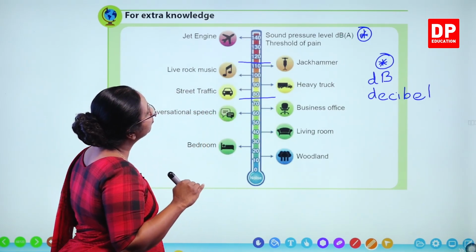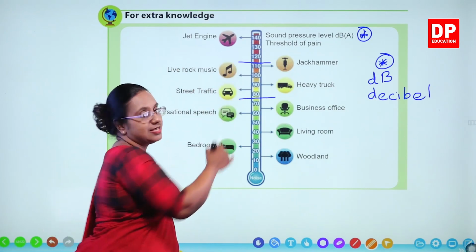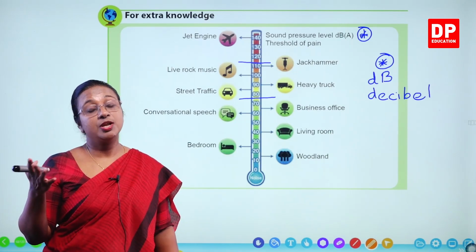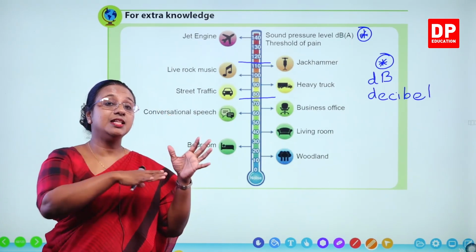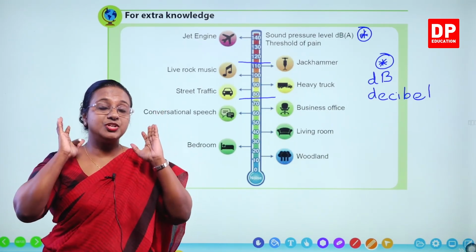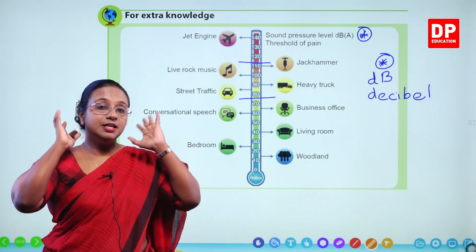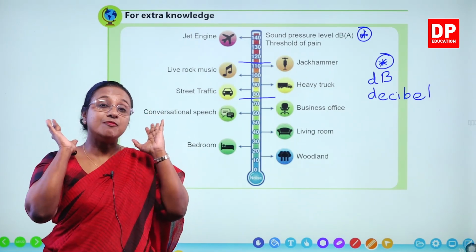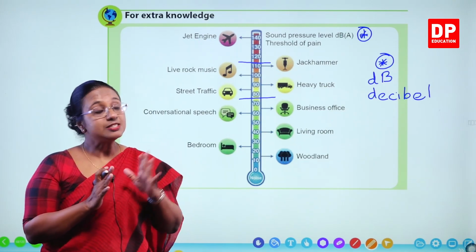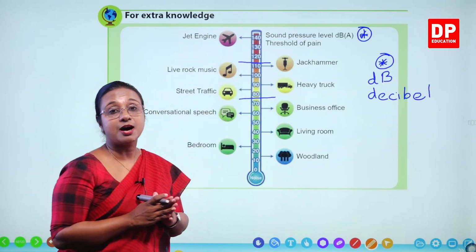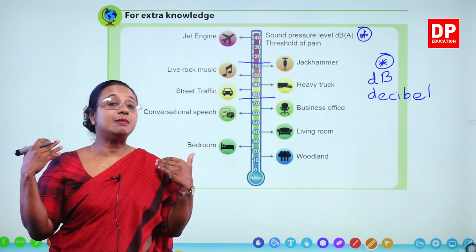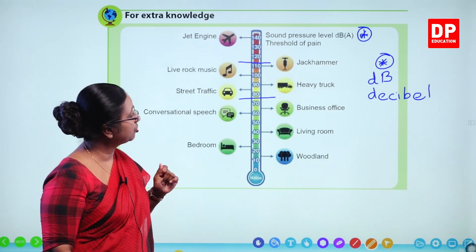But when you go to 140, the jet engine, I mentioned that before also, that generates a very loud sound. You would have seen people working in the airport who are directing the jets or aeroplanes. They mostly wear these earphones, like the headphones around them, for protection. So those are for the protection of the ear. So that is to protect their ear from the sound level. So that's very high sound. That cannot be tolerated by the ear. So that can lead to threshold of pain.